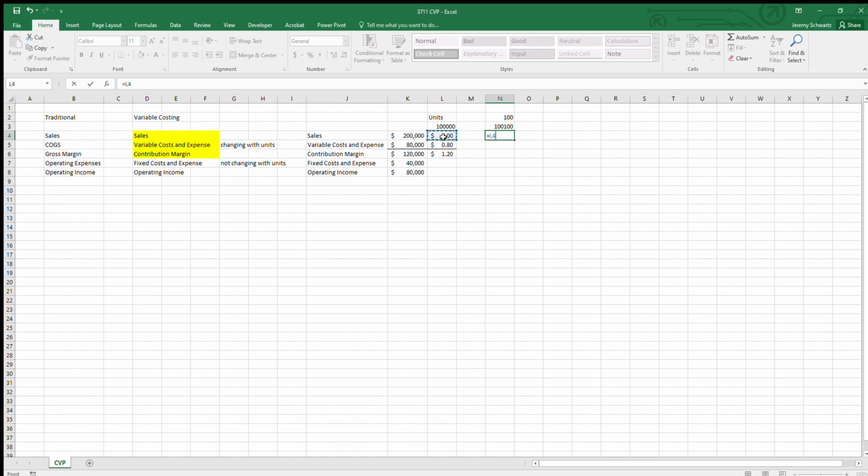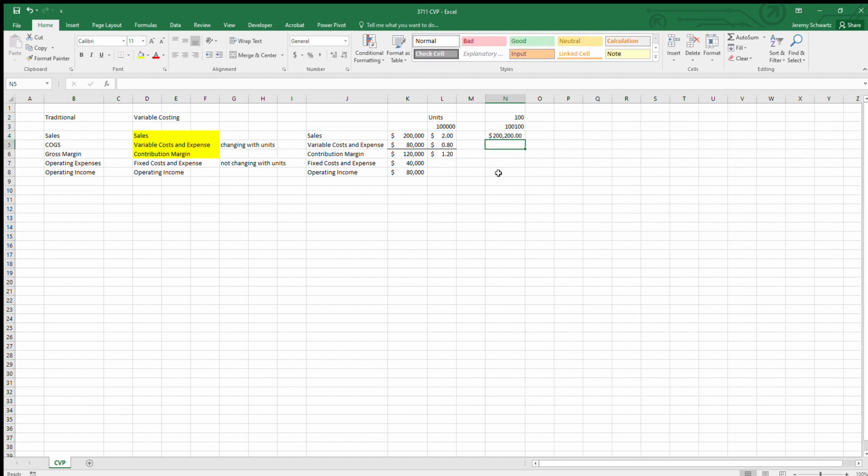our sales amount would be $2 per unit multiplied by the 100,100. And notice that this change then would be $200. So we increase unit sales by 100. The increase in sales, so 100 units, and so that would be $200. So we would want to then copy this formula down,